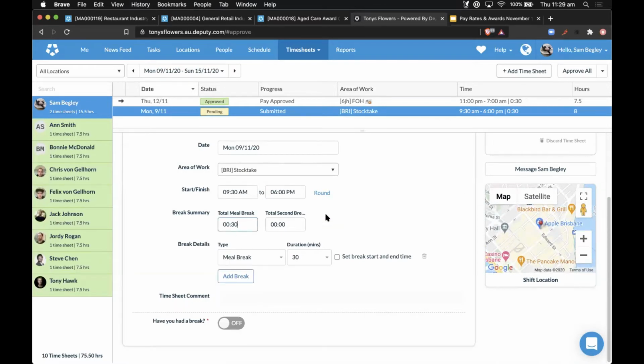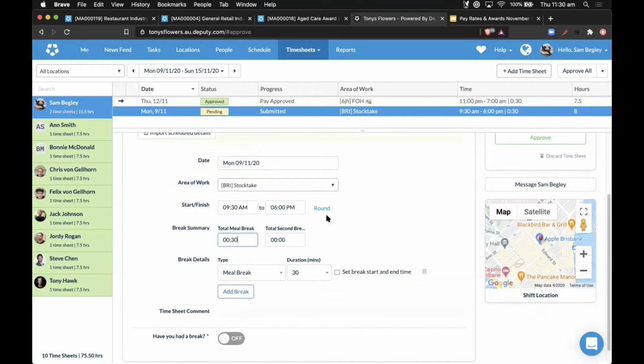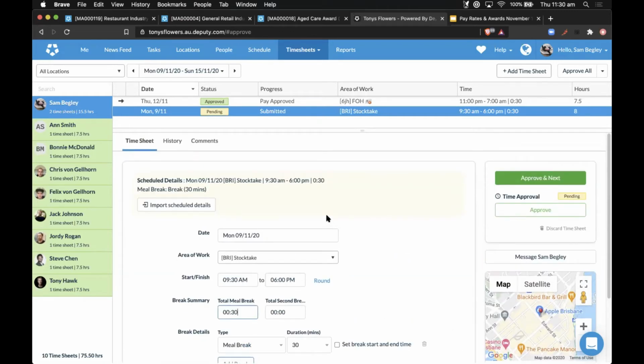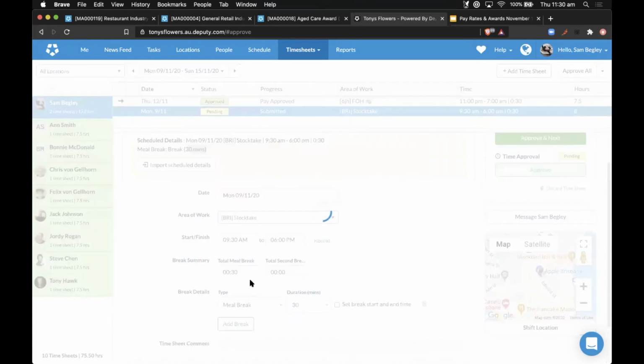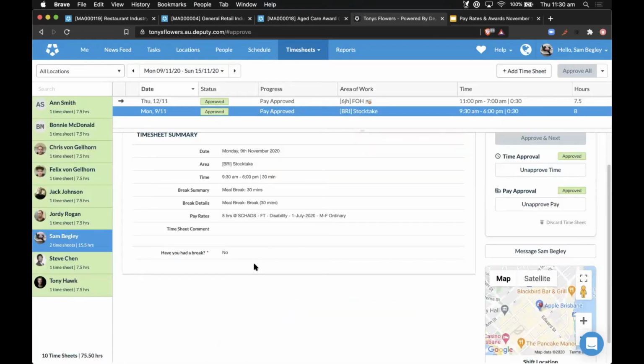A lot of the time when you're going through and checking timesheets, you might find that it's less so concerning the pay rate itself, but you might find that a break has been paid for or something like that. And a lot of people will automatically assume that it's got something to do with the award or the pay rates, but it's actually managed in the locations section. So determining, when you approve a timesheet, it automatically adding a meal break and determining whether or not it's paid or not. So for example, we've got 8 hours worked here for a 9:30 to 6, sorry.